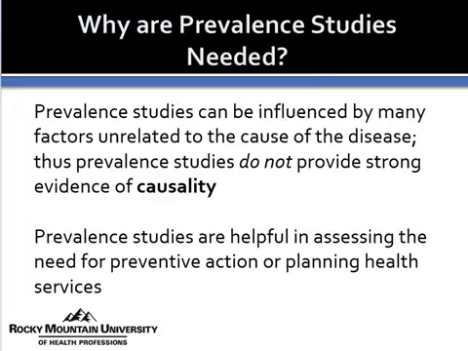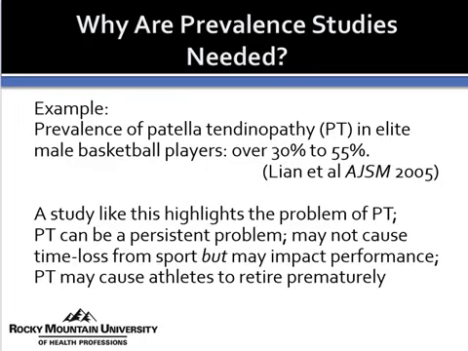Let's continue on. Prevalence studies can be influenced by many factors unrelated to the cause of the disease. Thus, prevalence studies do not provide strong evidence of causality. Prevalence studies are helpful in assessing the need for preventative action or planning health services. So, for example, in a sports medicine situation here, the prevalence of patellar tendinopathy in male basketball players ranges from 30